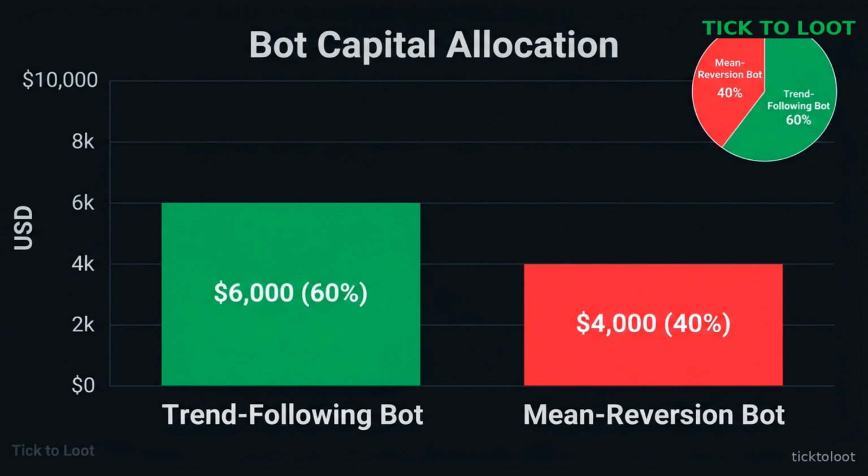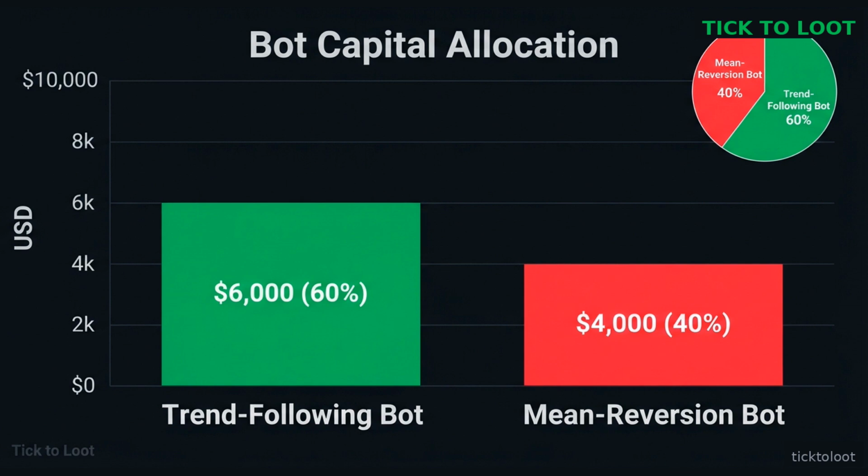By allocating proportionally, you keep the overall risk balanced. If the trend bot has a losing streak, the mean reversion bot can still provide steady gains, and vice versa. It also makes it easier to compare performance later because each bot is working with a known slice of the pie. Remember, the exact percentages can change as you learn which strategy fits your style better. But the key takeaway is to never dump all your capital into a single bot. Spread it out, keep the slices reasonable, and you'll give yourself a built-in safety net that protects your account from